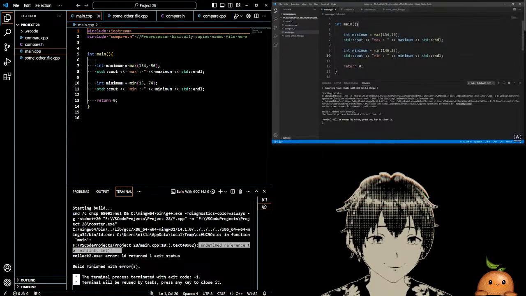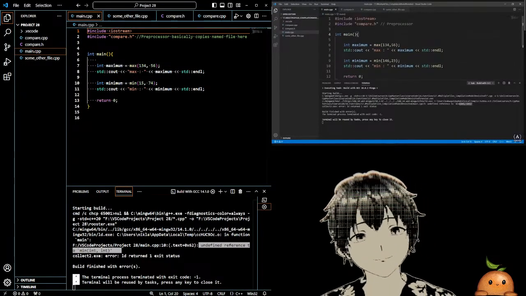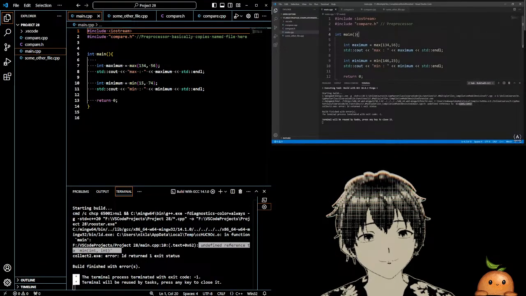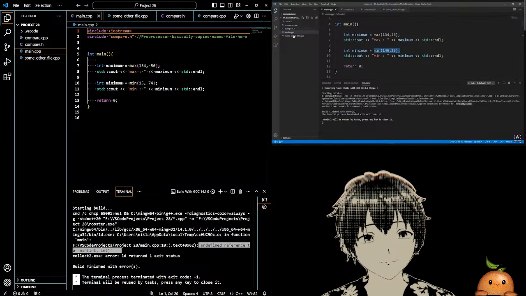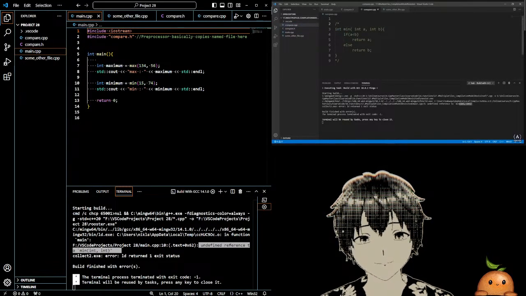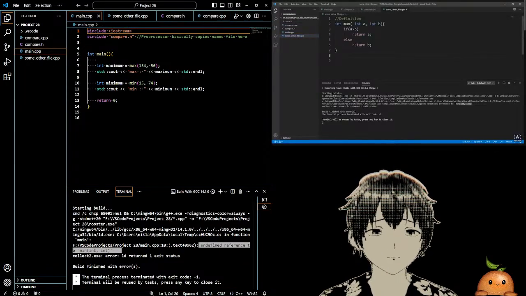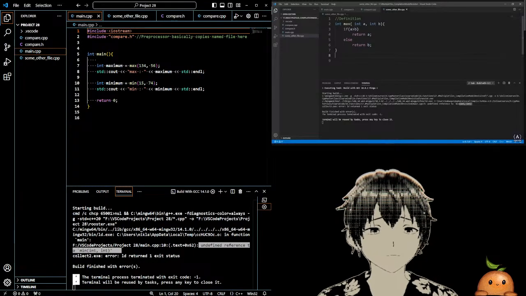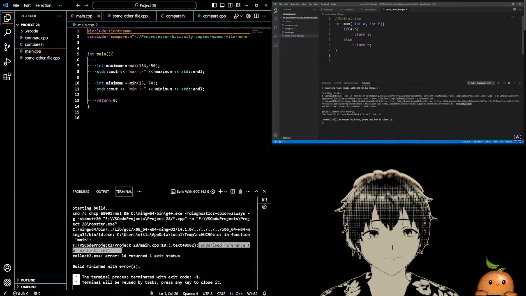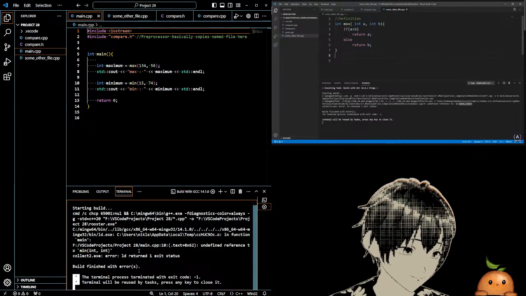When the linker tries to do that, it's going to look at main because that's where it's mostly going to start from. And it's going to see main is calling minimum here. Where is the definition for the minimum function? It's going to parse every single translation unit in the project. It's going to come here in compare.cpp, it's not going to find it. It's going to look in main.cpp, it's not going to find it. It's going to look in some other file, it's not going to find the definition. And the linker is going to say, I didn't find my definition for the minimum function, so I'm going to throw a linker error,